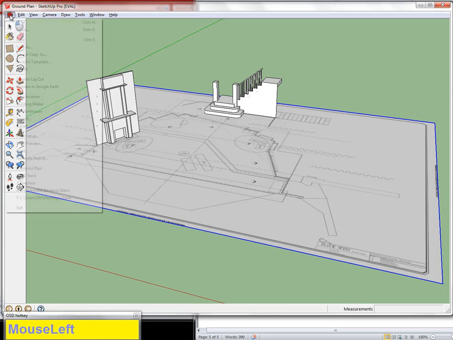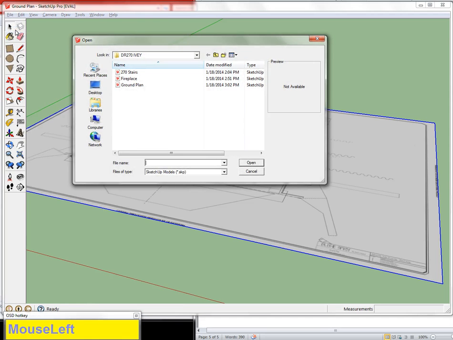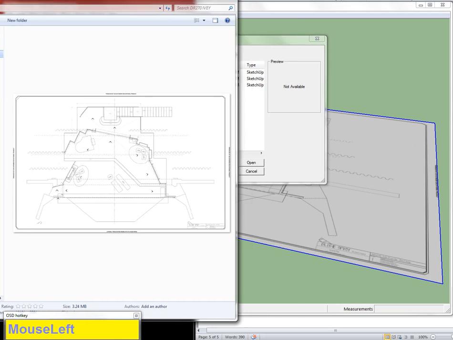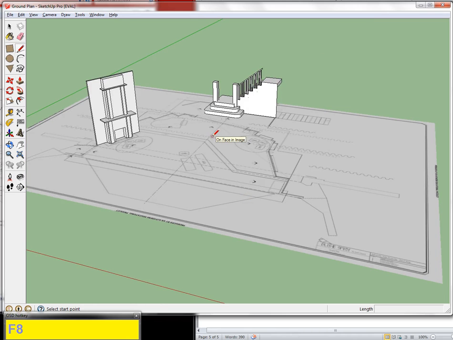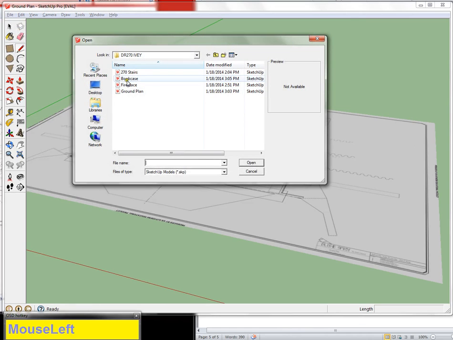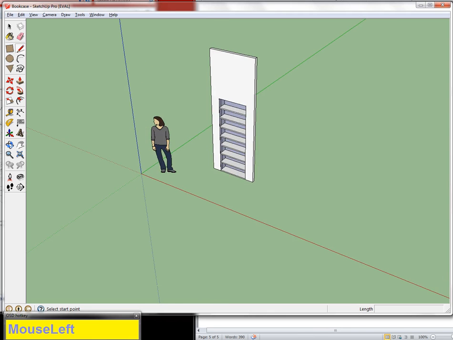I'm going to do the same thing with the bookcase, except that it doesn't look like I saved the bookcase in there. Oh, hey! File, open. Hey, look, the bookcase is there. I certainly didn't just pause this video and go make it or anything. So I'm going to go ahead and open the bookcase. Go to Selection Tool, select it, copy, File, open, ground plan, open,